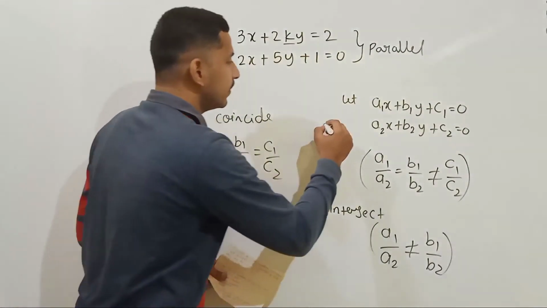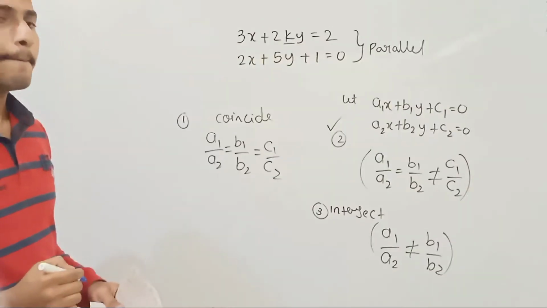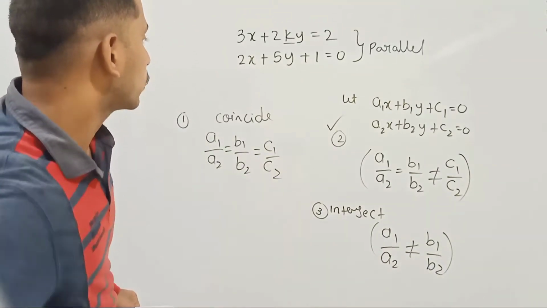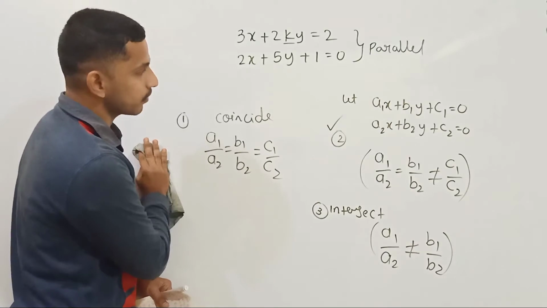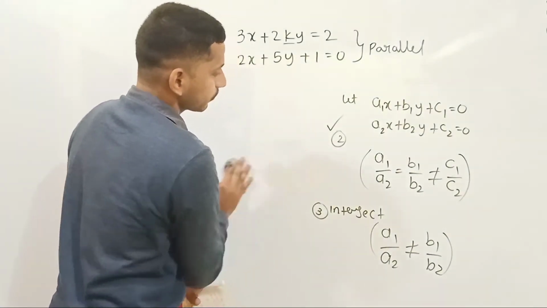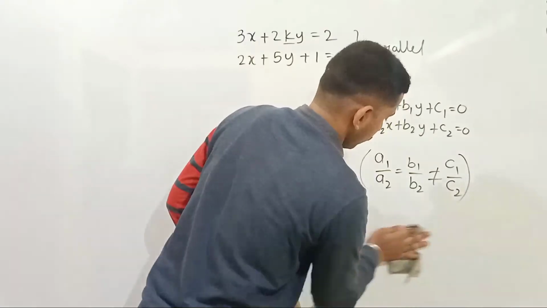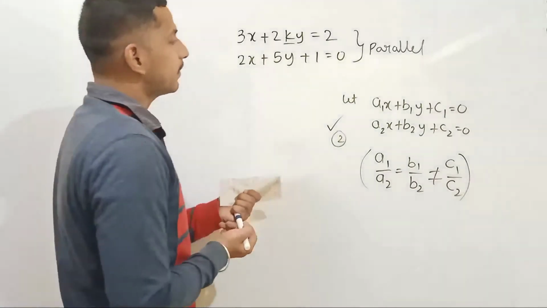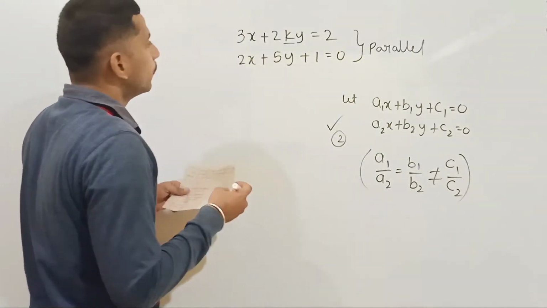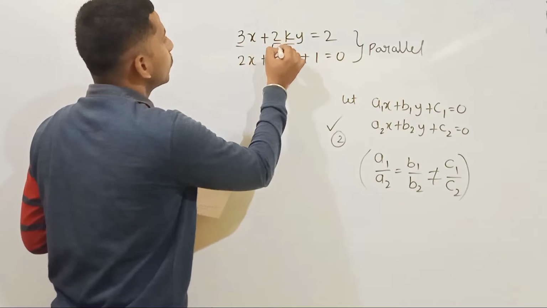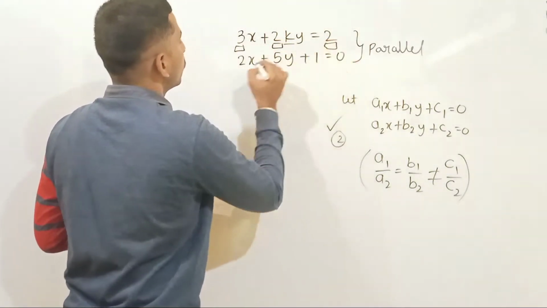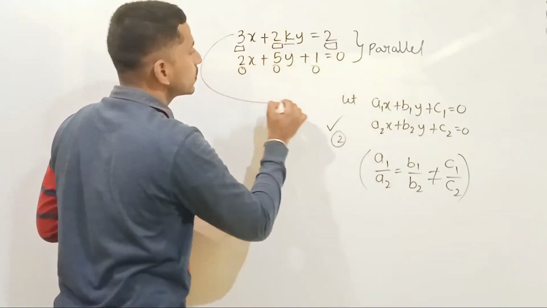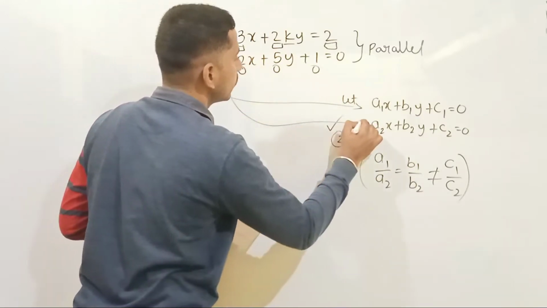Now we will be using the one for when two lines are parallel. Now I will rub the other two conditions. Please note down as soon as possible. Let me explain now. Let us assume that this equation is in this form and this one is in this form.